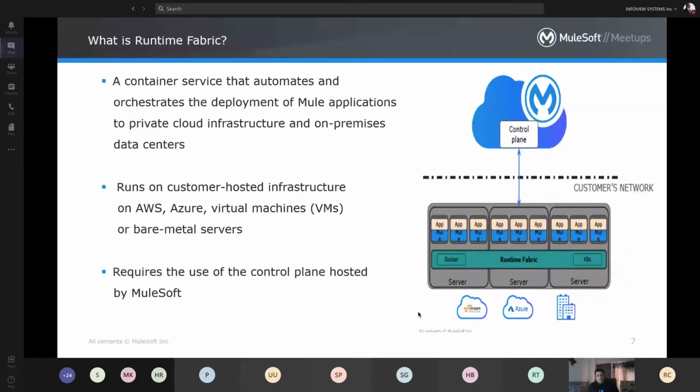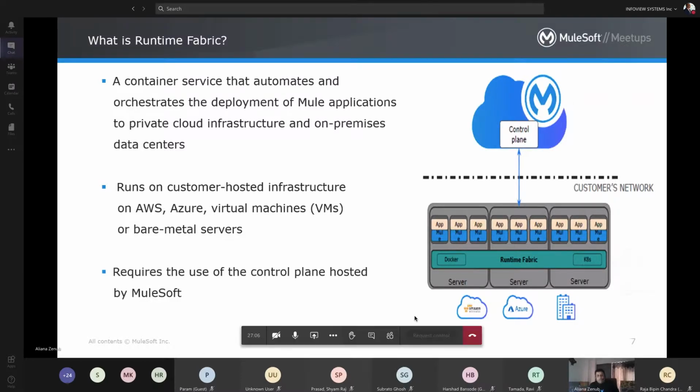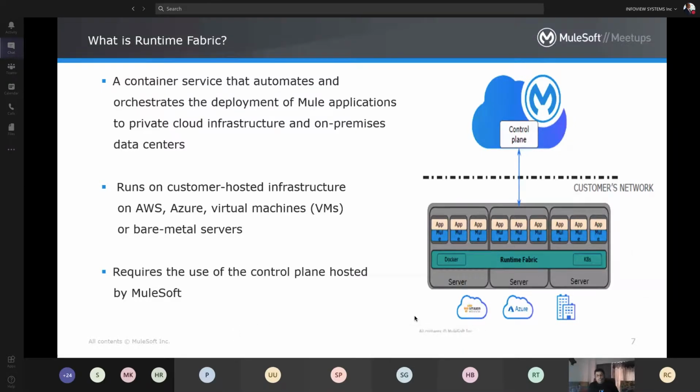The process is the same, but the difficulty with the naked Mule runtime is that we have to manage it, monitor it, scale it, and prepare third-party or external tools to enhance the capacity of the naked MuleSoft runtime which we are deploying on premises.